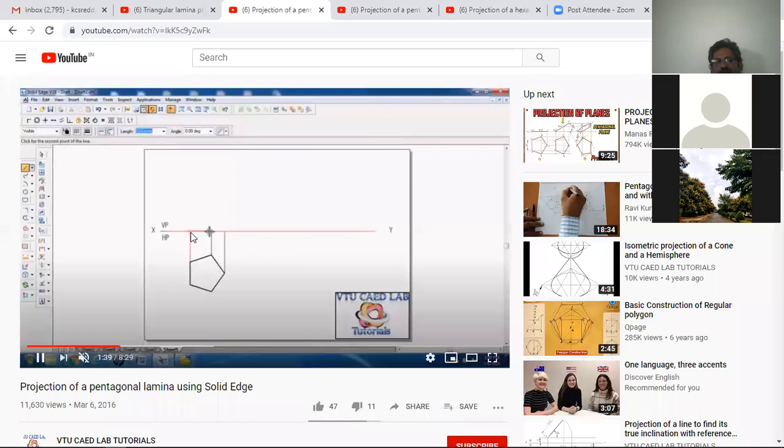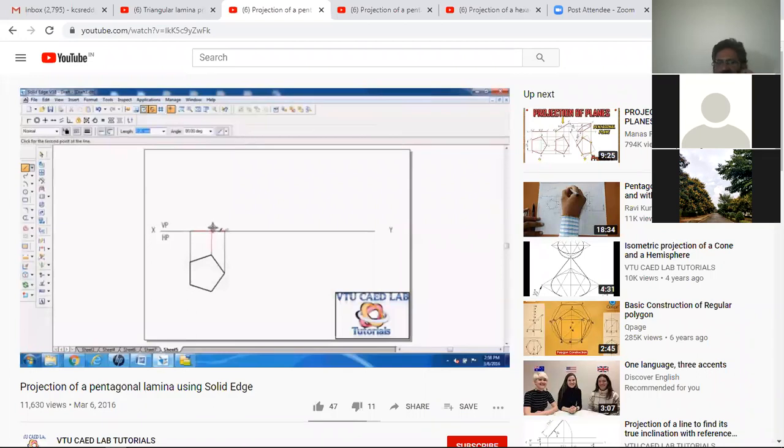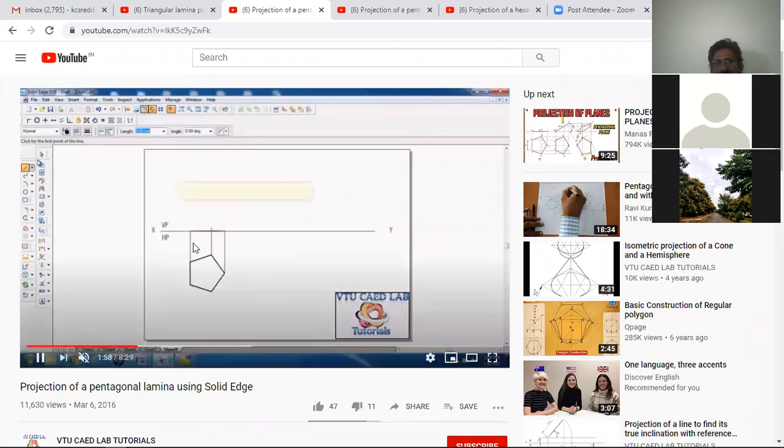Then join from here to here using the line command, and here it is very important: you should know the distance from this point to this point. You can measure it by using the distance between these two lines, that is enough, this one is not required. So to make it easy, he has used this particular arc command.